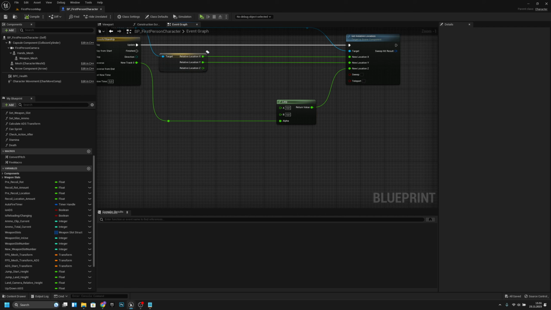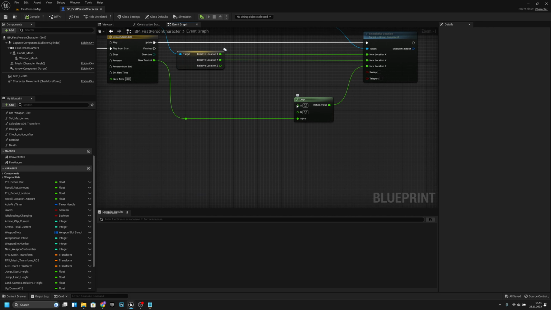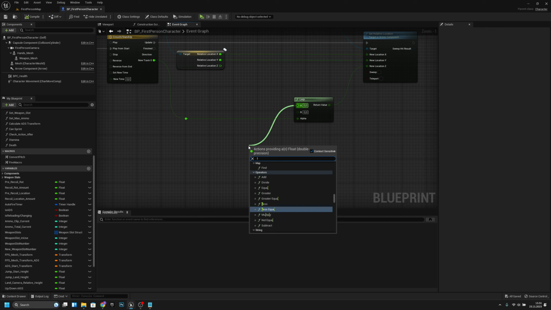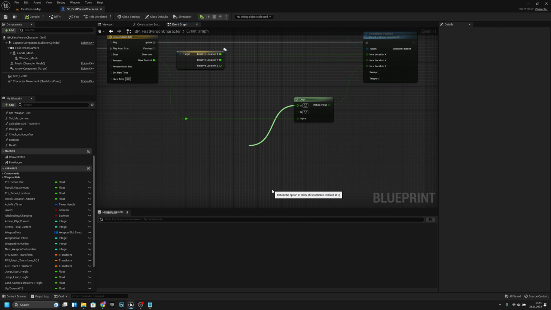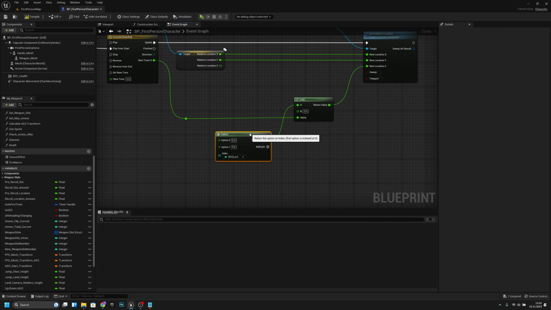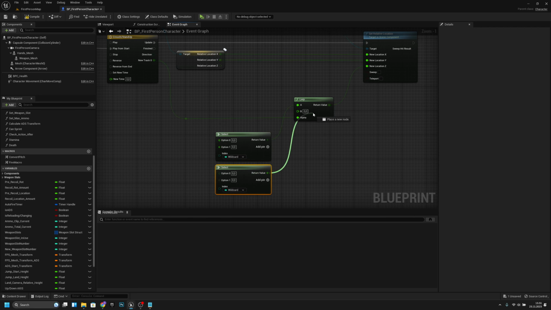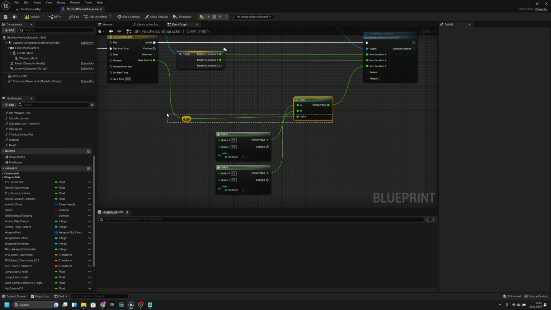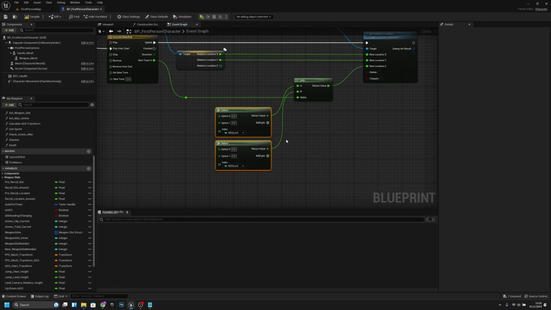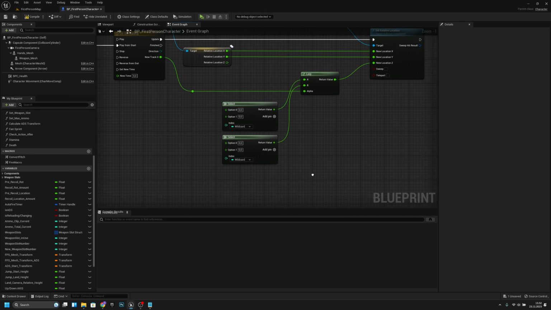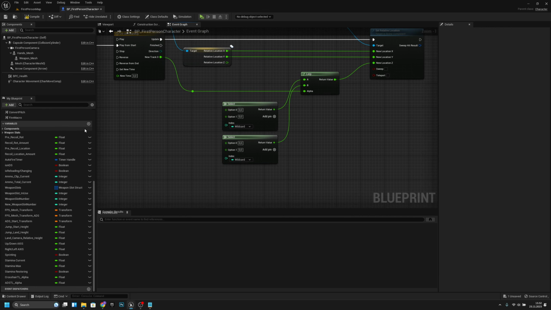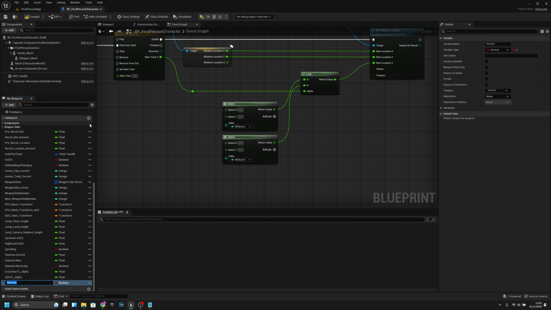And the next thing we want to do, the first one should be, we want to add a select here, select this one, and let's add another one also, like that. Let's connect it to the B. Now we can actually move all this a little bit further up, so we get more space, like this, I think. And now we want to create a new variable,